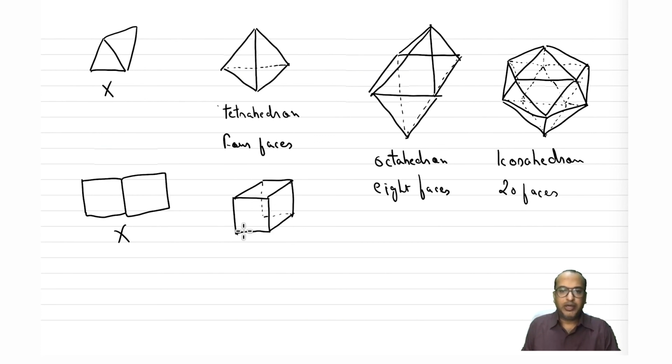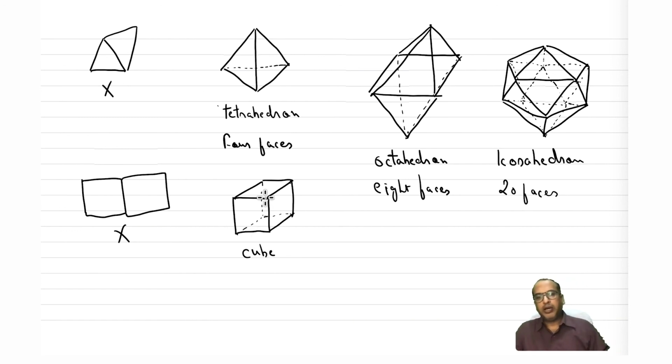So here, if you see, at each vertex there are 3 faces which are connecting. At each given vertex there are 3 faces which are connecting. So this also forms a regular polyhedra, and this one is easy, so you know that this is a cube.